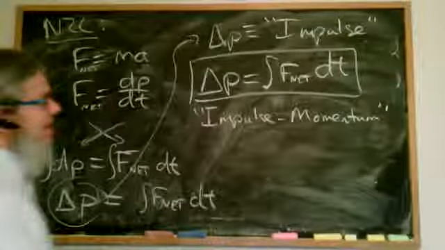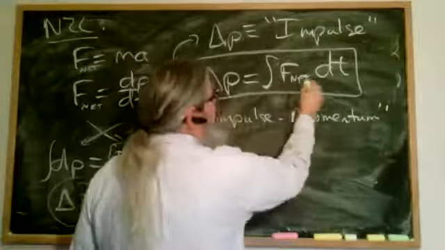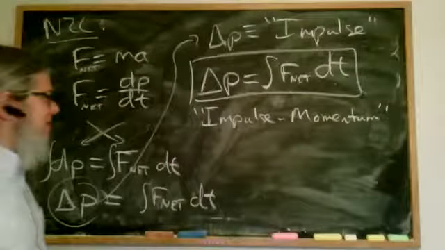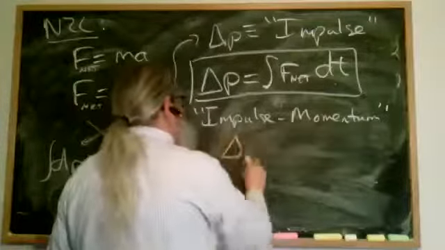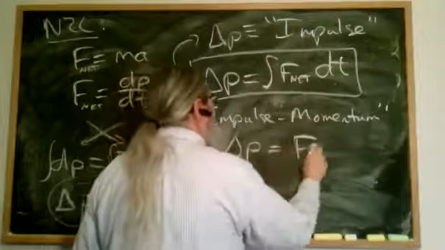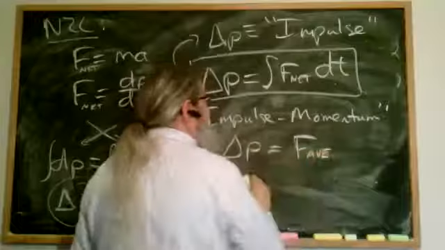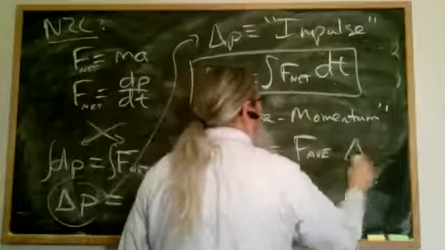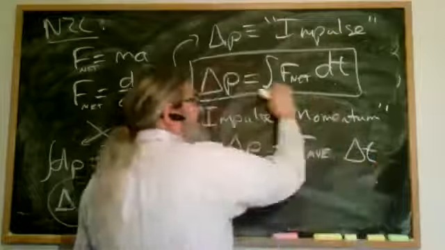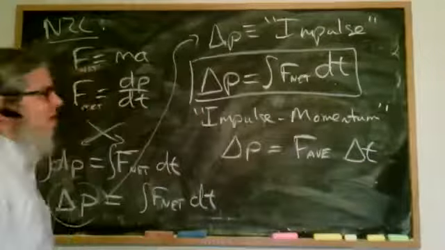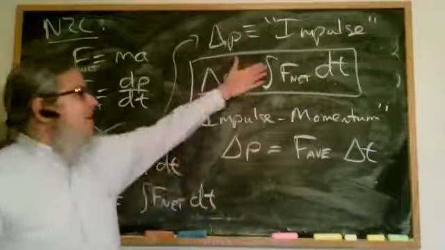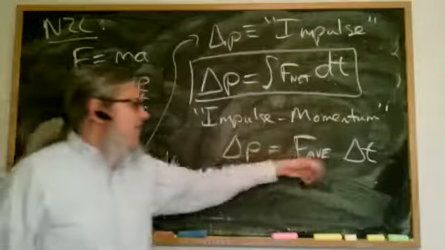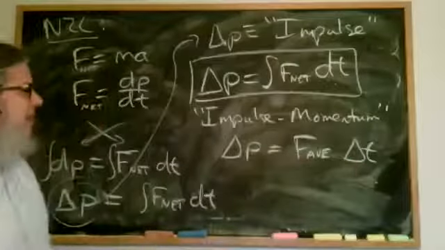One other thing you can say is, if I'm taking an integral of a quantity over time, that's the same thing as multiplying the average by the time interval. So you can also say that delta p is equal to the average force times delta t, even if you don't know the details of how the force is evolving. All I've used is a fundamental calculus relation: any function integrated over an interval is just the average of that function times the length of the interval.